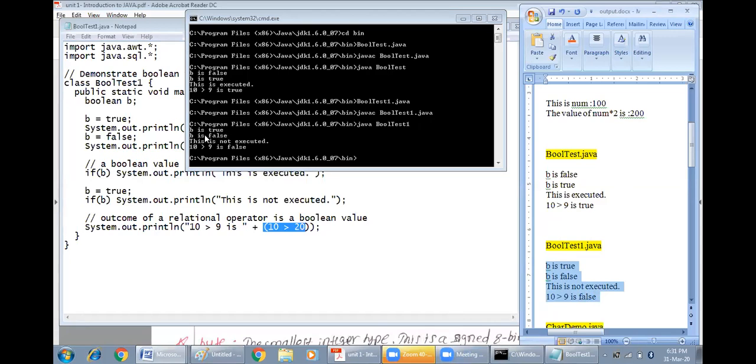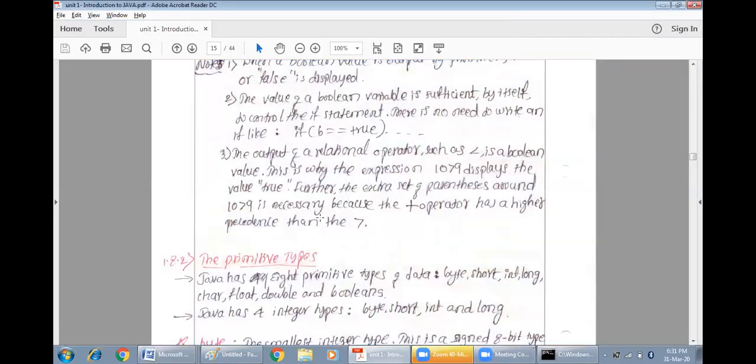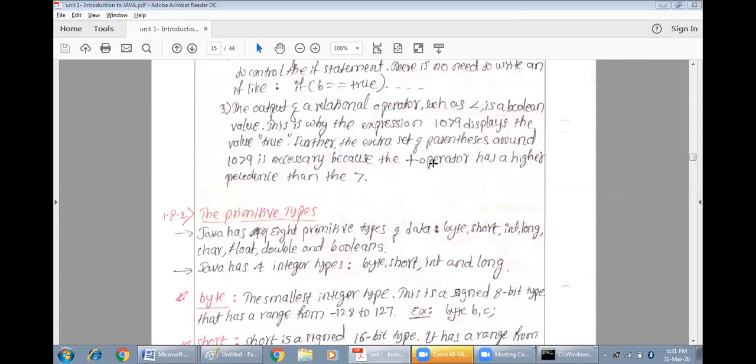So B is true, B is false. This is not executed. 10 greater than 9 is false. So ultimately what we have to know with this is that the Boolean type will have two values as result. Either it is true or it is false. So I'll go with the next content.